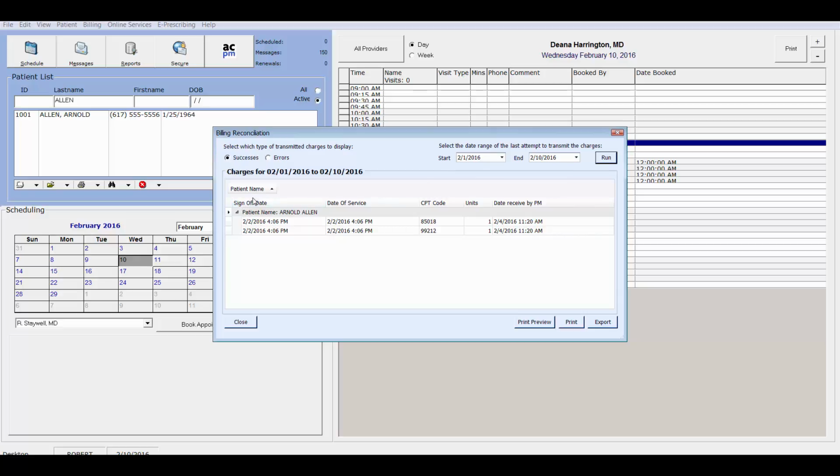And it lists this report by patient name. It will give you the sign-off date and time, and then it will give you the date of service. So if your providers are signing off on the same day, these two will match. If they do not, these will differ in certain circumstances. The CPT codes associated with it, units, and it will even give you the day and time stamp that it